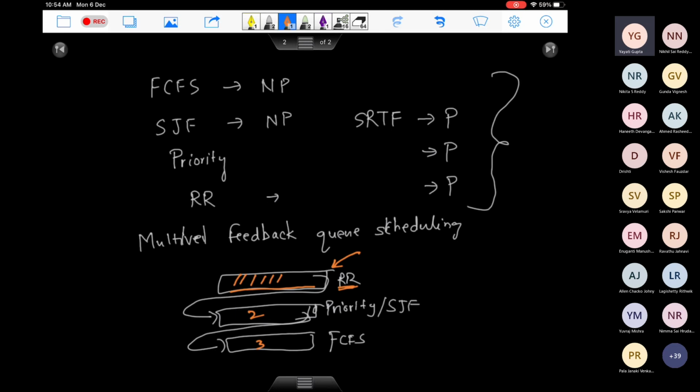In case this queue is empty, only then you go and execute the processes in the second queue. And let's say meanwhile you are executing something in the second queue, but then a new process drops in the first queue, then again you are going to come back here and respond to the process in the first queue. So on the first level, you see the priority between the queues. The queue which has the highest priority, you should serve the processes from that. And then if a queue is empty, then you can move to the other queues and follow the same thing. So we'll also discuss it based on an example.